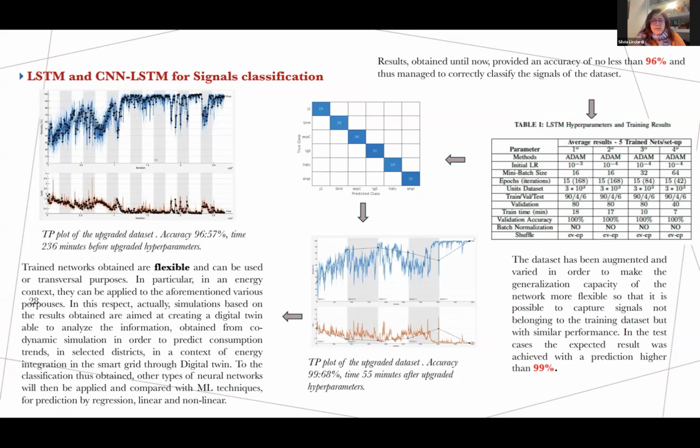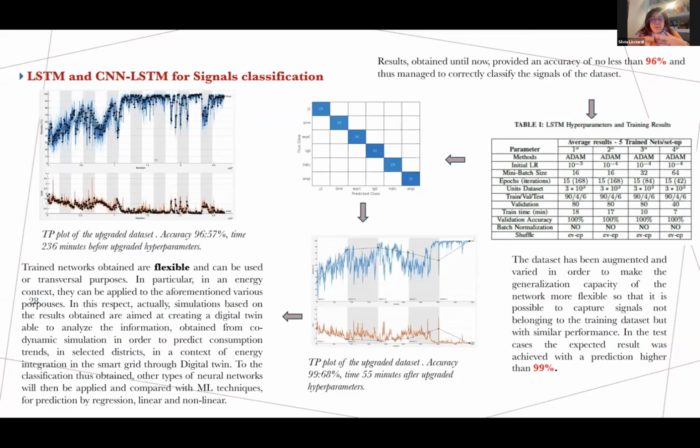What we see in the second graphic is the confusion matrix. What it means is that the diagonal of this matrix shows that the predicted class in the horizontal axis corresponds to the true class in the vertical axis. So if we have results on the diagonal, it means that the network is perfect. And I obtained this by setting the parameters step by step, simulation by simulation, time by time.